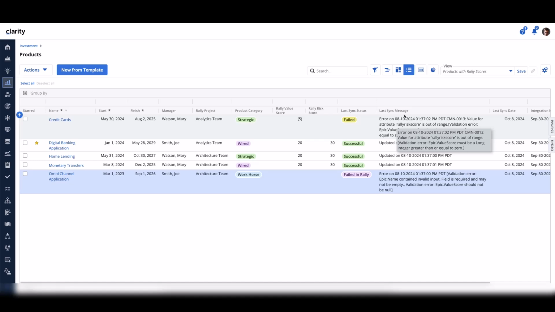So that kind of concludes the demonstration there, where the information is now available directly. It's more robust. And it's also made available directly within an associated investment.